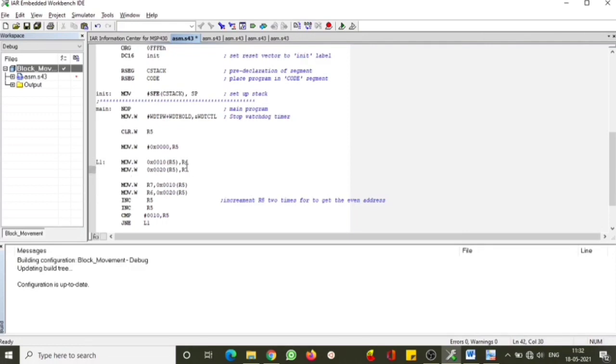Then what we are doing is we are moving R7 to 10 and R6 to 20. That is what we are doing here. But the other way around, you can also do it by using only one variable. Suppose we are using only R6, then I will not use this R7. Instead of that, I can directly move